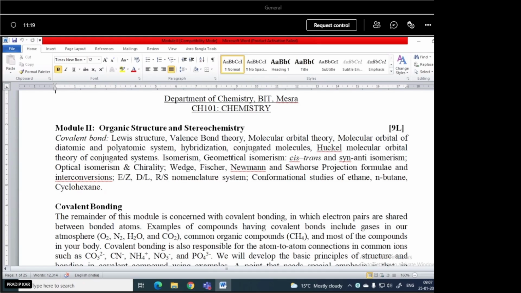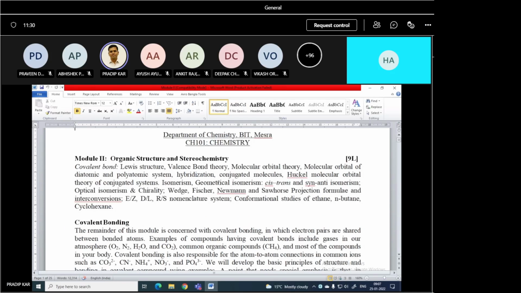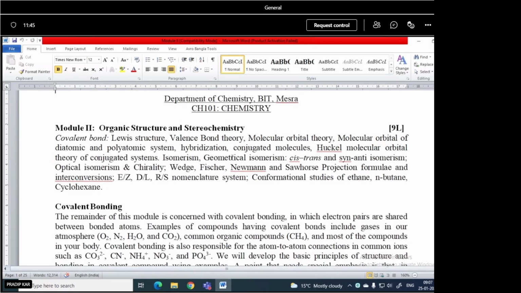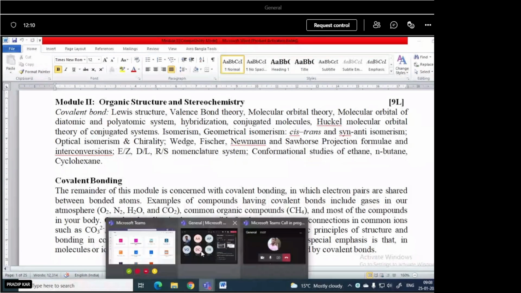Valence bond theory, molecular orbital theory, molecular orbital of diatomic, polyatomic system, including hybridization, conjugation, Huckel molecular orbital theory of conjugated system, isomerization, geometrical isomer, optical isomer, chirality, cis-trans, syn-anti isomerization, Wedge, Fischer, Newman, Sawhorse projection formulas, interconversion of E/Z, D/L, R/S nomenclature system, conformational study of ethane, n-butane, cyclohexane, okay, etc. So this is about your syllabus, and we will start discussion from the